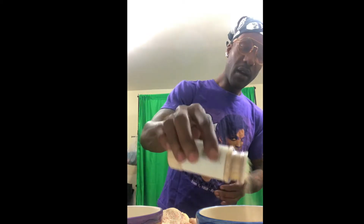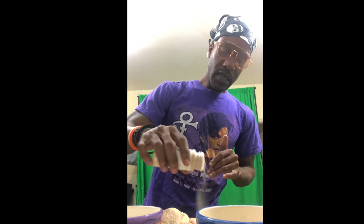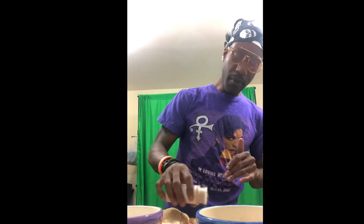A little bit in flour for that awesome crust, a little bit in the eggs. And then I'm gonna put, last but not least, because you can't have fried chicken without garlic powder. It just takes the flavor to a whole nother level. Now, you may see me heavily coating these, but what I do is I coat them